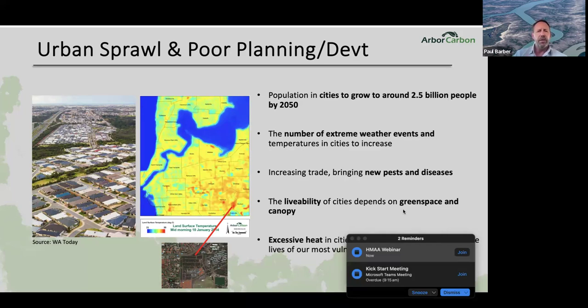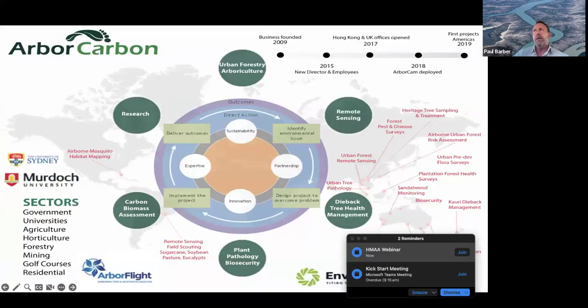So it really struck me that we need to be doing something about how we develop our cities and also manage our green space. So in about 2009, after having worked at Murdoch for some years as a research fellow and in the Centre of Excellence for Climate Change, Woodland and Forest Health, I kept getting an increasing number of inquiries to look at why the urban trees were dying around Perth, and to diagnose that, and then to prescribe treatments or to manage the health of them and improve them.